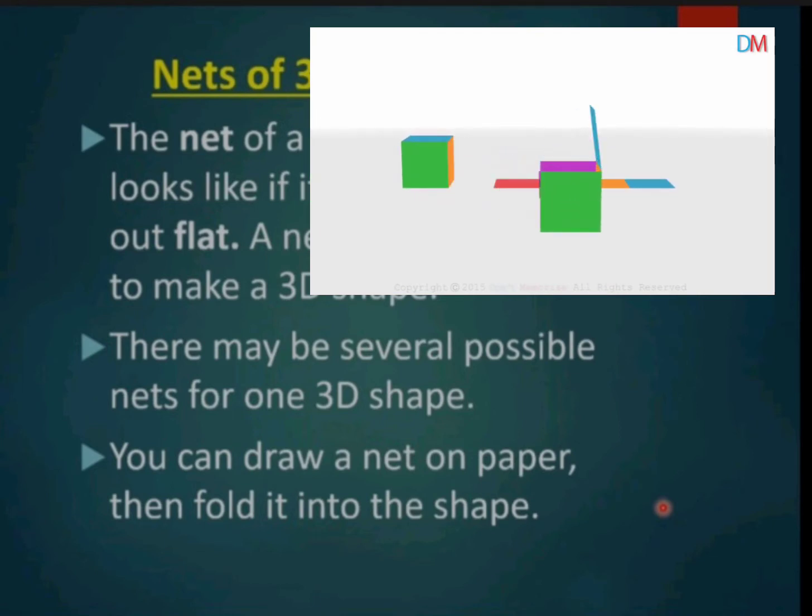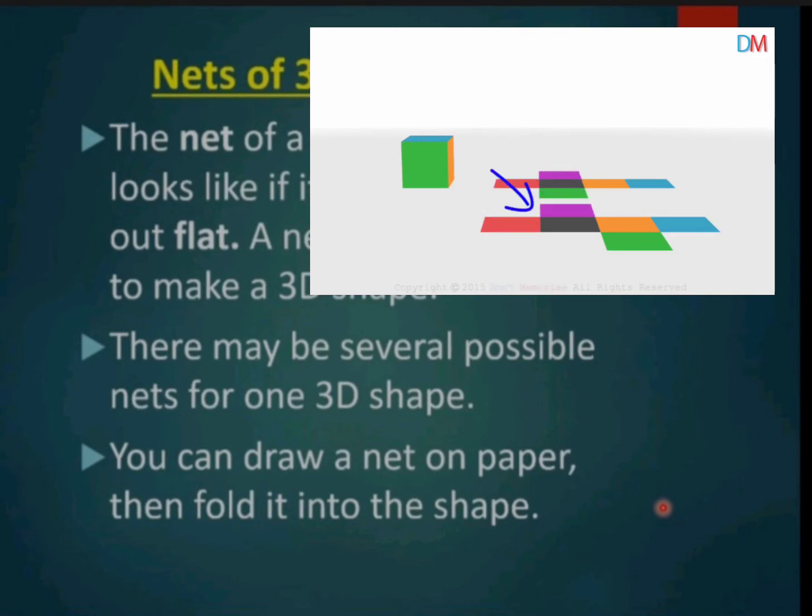We open up the top face first along this edge. Then we open up the front face outwards towards the right. Then we make the side face fall towards the right. There are still two faces remaining, the purple one at the back and the red one to the left. So we drop the left face towards the left and the back face backwards. This is what we get.